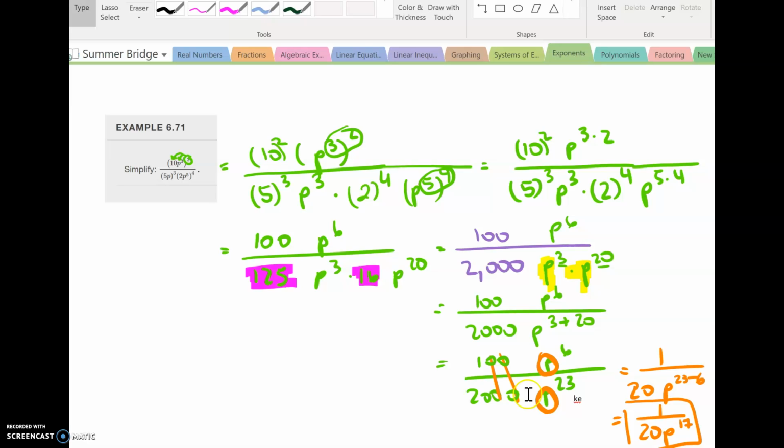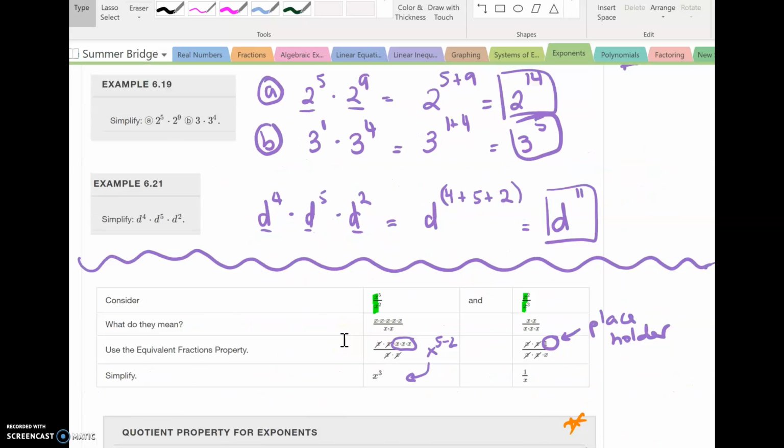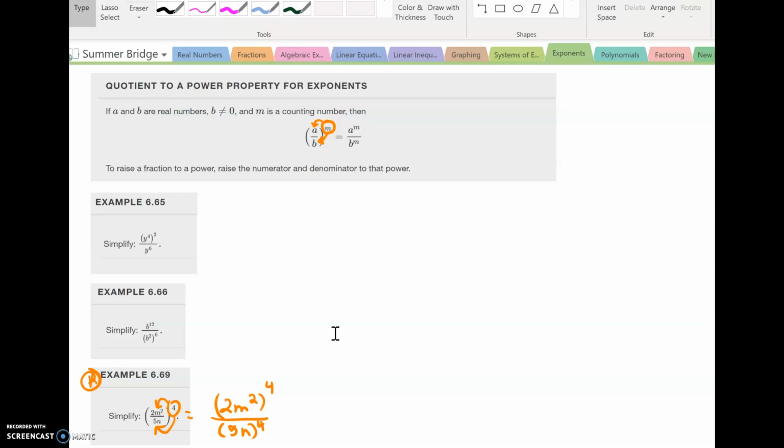Okay? So it wraps up all of power rule. Okay, so right now I'm going to go all the way back to the top. So we've talked about product property, we've talked about quotient property, and we've talked about all the different kinds of ways to do the power property. So yeah, the only thing that we did not talk about is we did not do these problems,